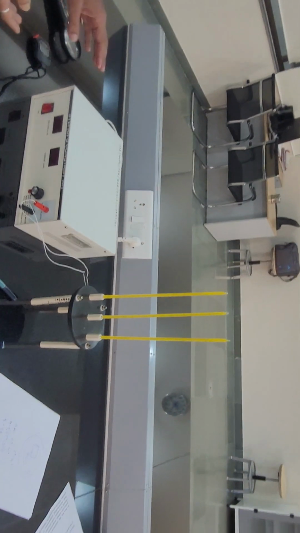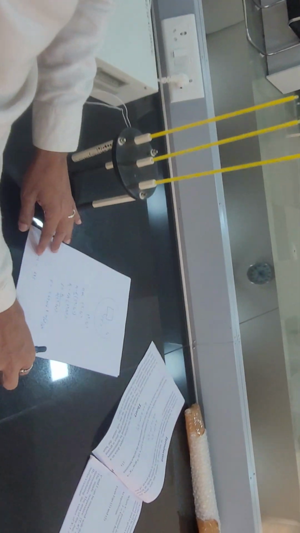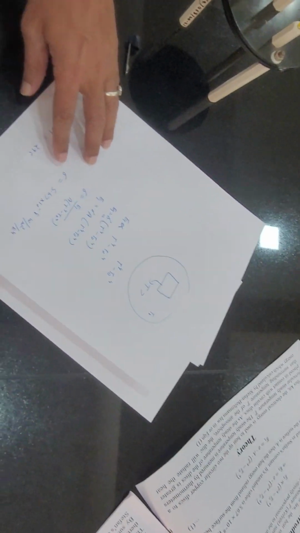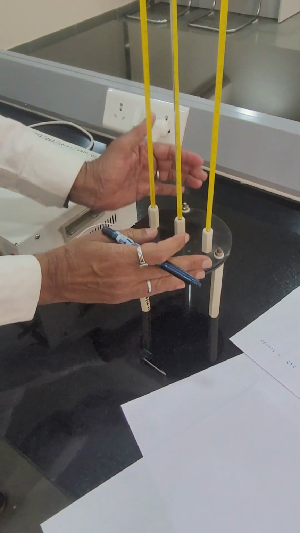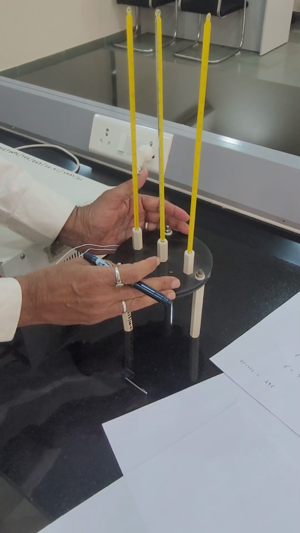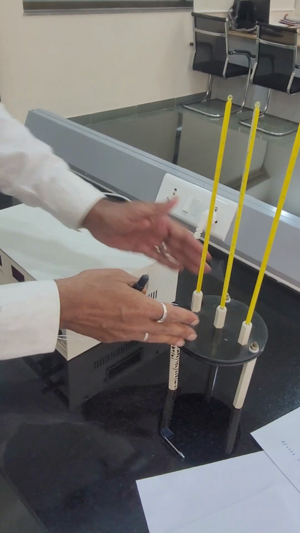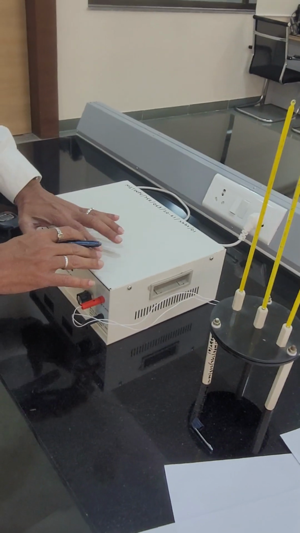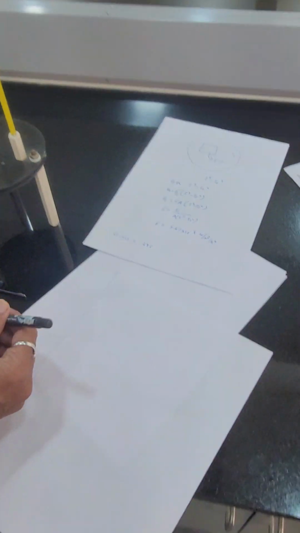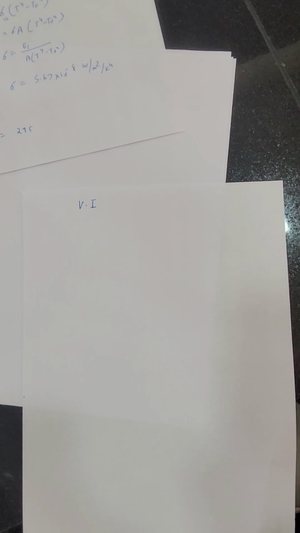Now what is the experiment? Before I explain this experiment, let me explain what concept we are going to use to calculate Stefan's constant, because our aim of the experiment is to calculate Stefan's constant. See, you are supplying electrical energy to this hot body. The body is getting heated, and when it is sufficiently heated, it will start emitting heat energy. So we are supplying the energy and the body is emitting the energy. The electrical energy supplied by this power supply per unit time is given by V into I, where V is the voltage and I is the current.